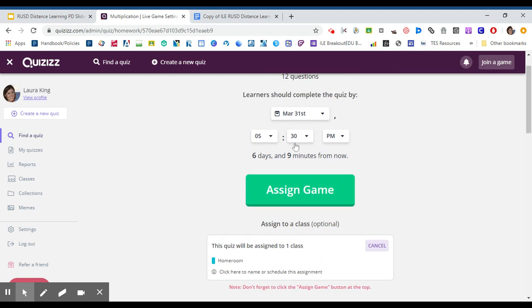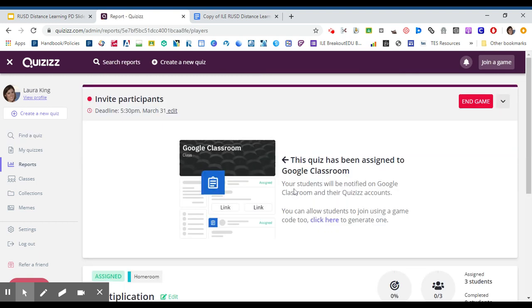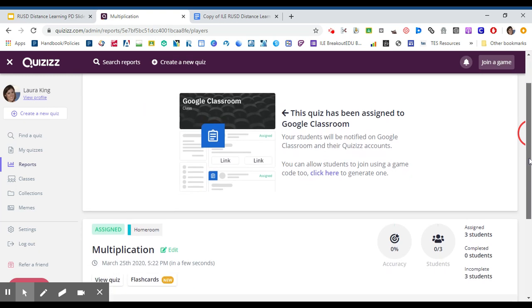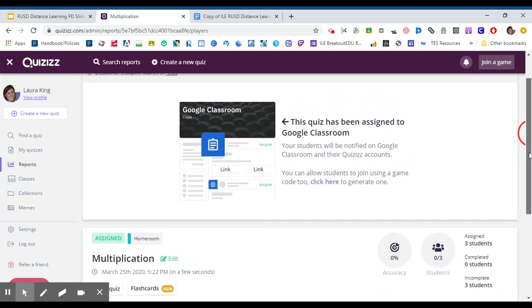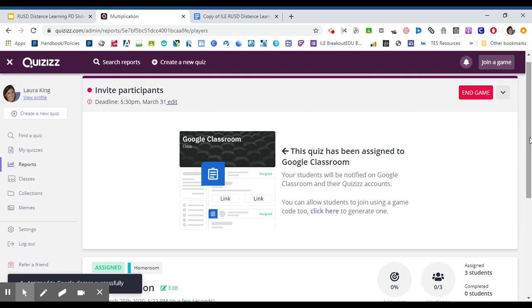So you want to make sure you assign it to your Google Classroom. You'll hit assign, and it's going to send the link to the kids, and they're going to see it in Google Classroom, and they'll just click and they can play the game. And it's up to you how many times they play it based on what you selected. And it's great because you'll get reports with the feedback, and on Google Classroom, it will also notify you who's completed it or not. So there's a lot of little things that you can play with, like creating your own,